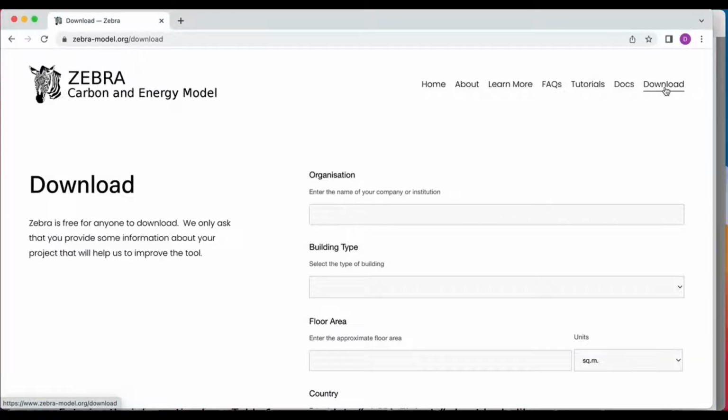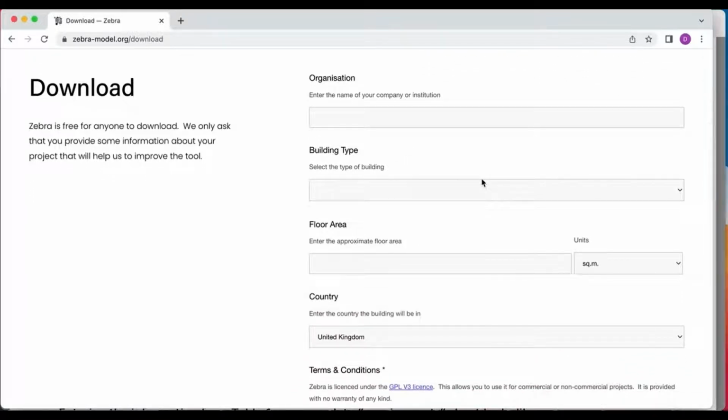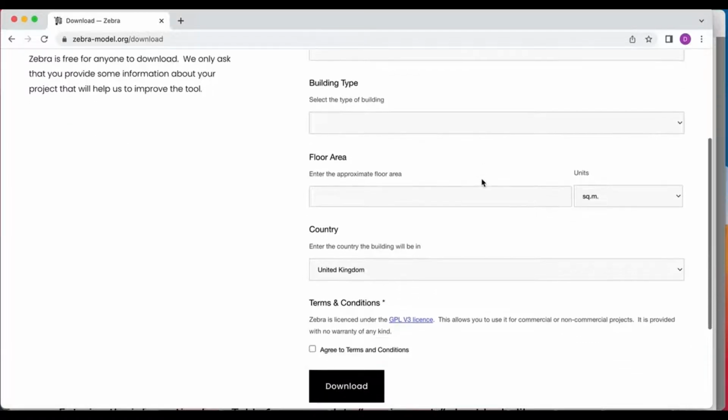you will see we'd really like you to enter a tiny bit of information. So something about your company or institution, something about the building, whether it's a school or domestic or something, its approximate floor area and where the building will be built.